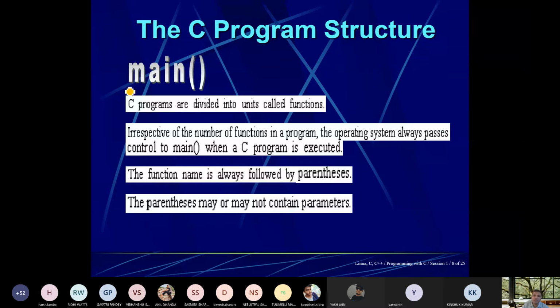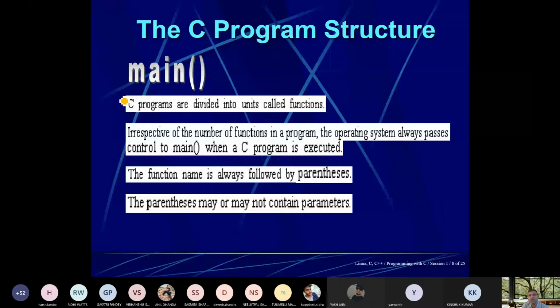So the first thing is main. A C program is divided into units called functions. Irrespective of the number of functions in a program, at least one function must be there which is above all these functions, and we need to know how to run it.